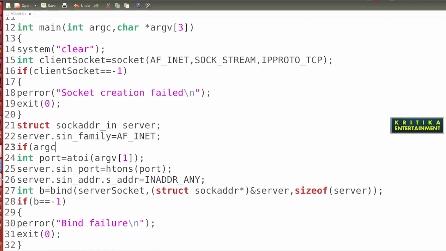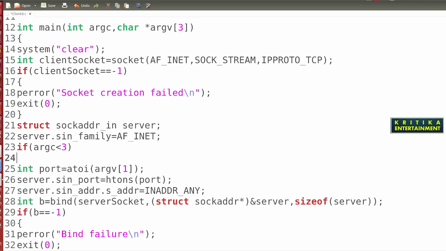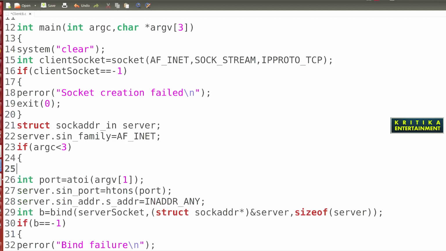Okay, if argc is less than or equal to, suppose 2, okay, or if less than or equal to 3. If your command line arguments are less than 3, okay, then it will display the error.